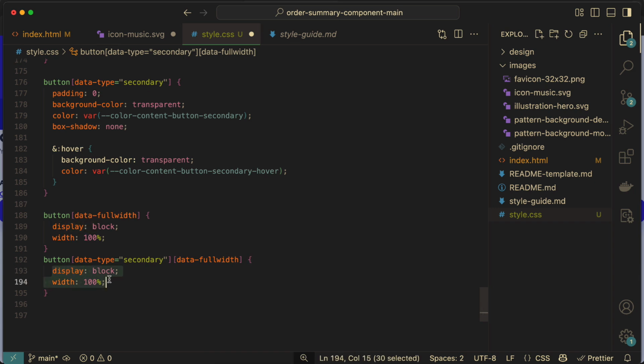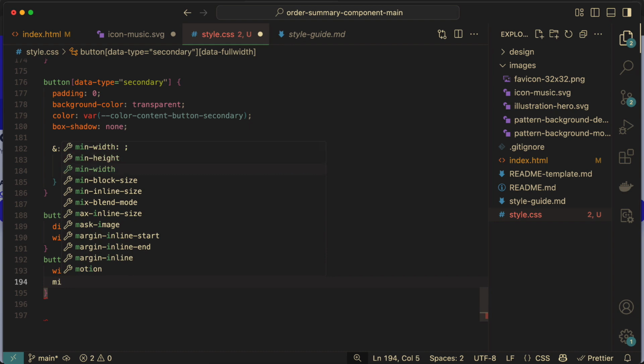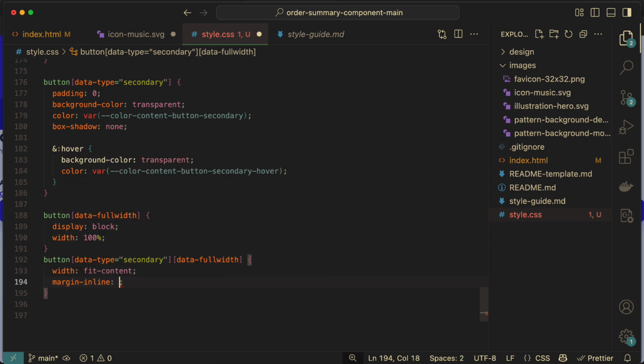Okay. The width is going to be fit content. Excellent. And the margin inline, okay? So margin inline, where is it? Margin inline, there it is, going to be auto, okay? Margin inline is going to help us center that because we've already set it to display block. So this is our centering property. This makes sure that it squishes down to only be the text of the box, which means that now